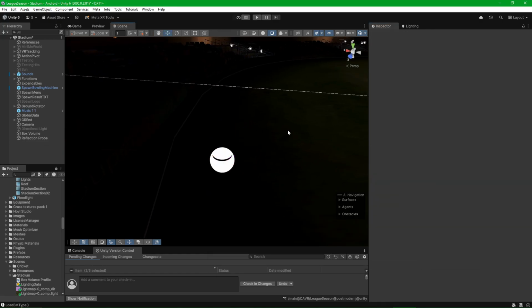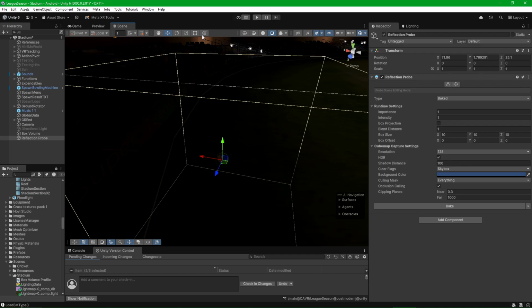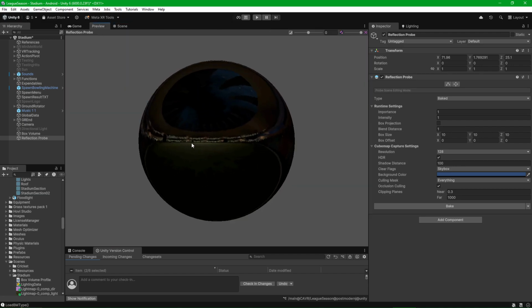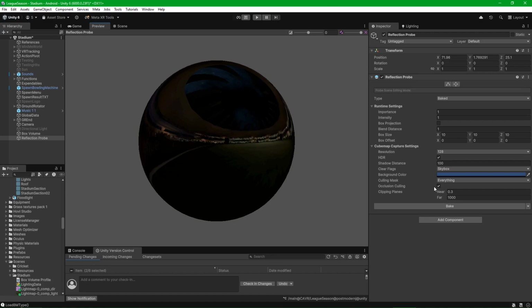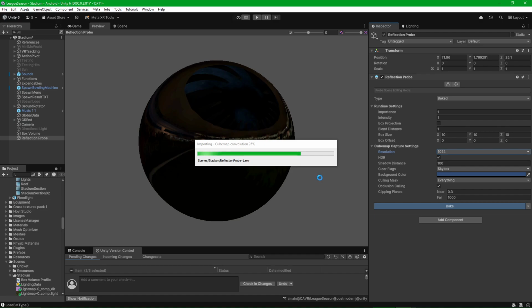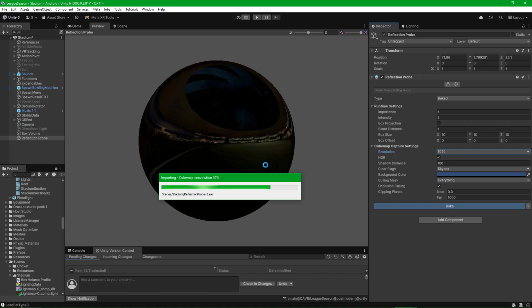Okay. I can't demonstrate that, but hopefully you get the point, is that this shiny reflection will be put back onto the object, and that's what the adaptive